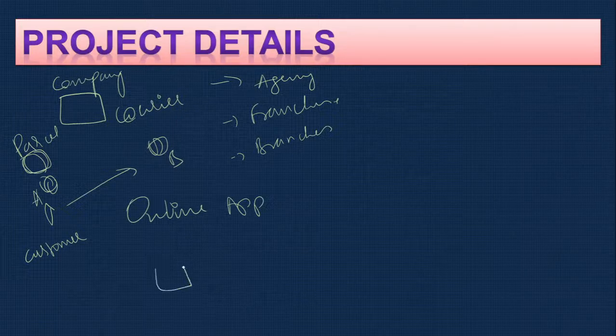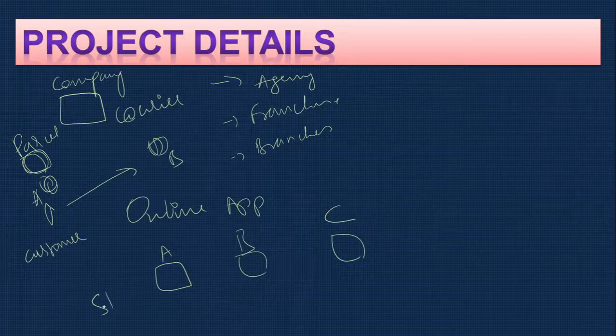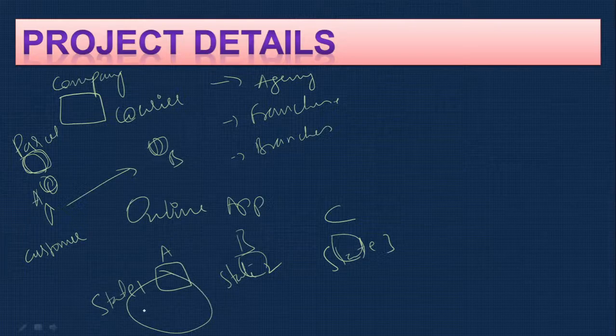Now, if this is branch A, this is branch B and this is branch C, branch A is in state 1, these are in another state 2, and these are in another state 3. Even though they are in different states, they can send the parcel to these available states. Or within the state, if you have different places or districts, you can reach them. Or different places in the same city, then also you can do so. Therefore, they need to have franchises everywhere. With more franchises, it is easier to transfer the product from one location to another.